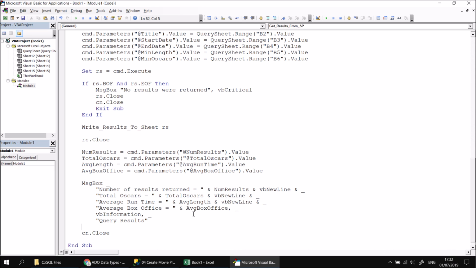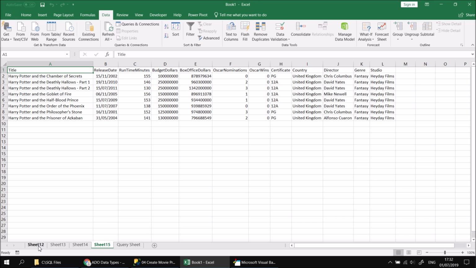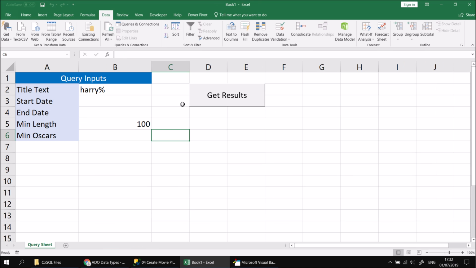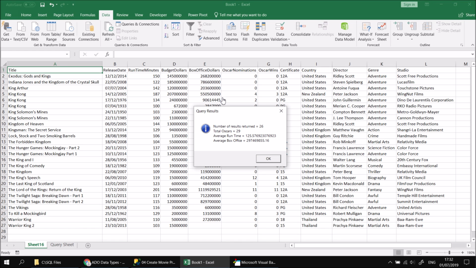Why not? Okay, so having done all that, if we were to head back to the Excel worksheet at this point, let's just tidy up the other worksheets by right-clicking and deleting them, and then head back to the query sheet. Should we try something different this time, or should we stick with the same one? Let's try something different. Let's go with king this time. Maybe I'll add a percentage symbol at the beginning of the phrase as well, so we'll see the word king found in all sorts of different places. I'll leave the start date and end date as they are. The minimum length can stay as it is, and then if I click get results this time, there we go,